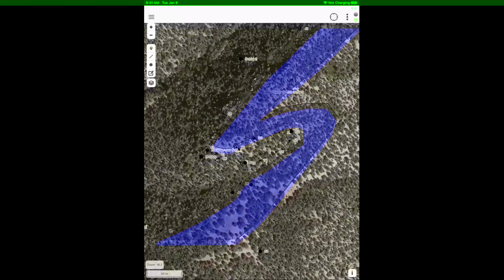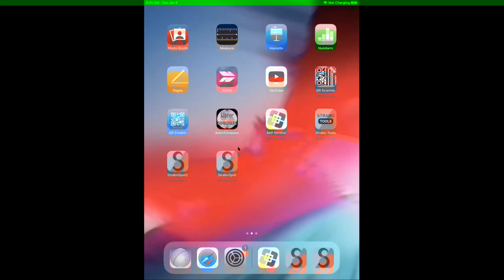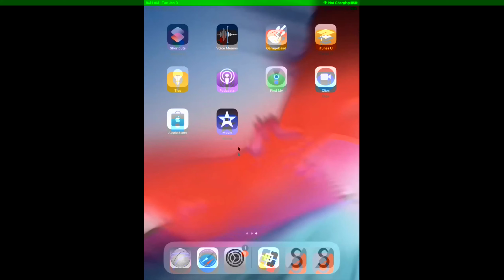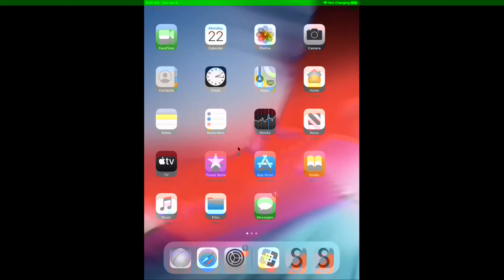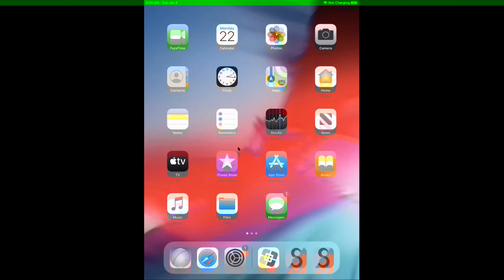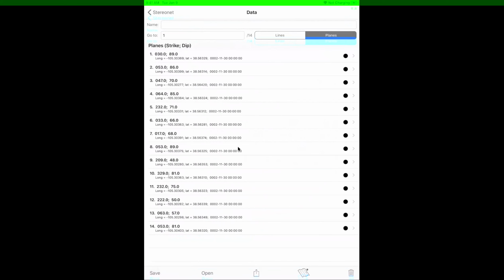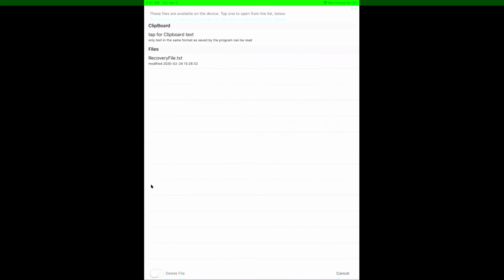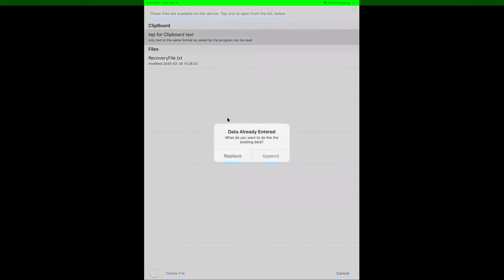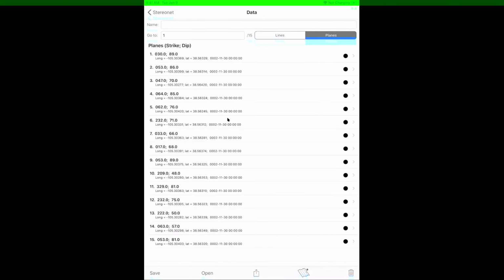I don't know who of you have used Rick Allmendinger's StereoNet program, but I'm going to go into that. Where's StereoNet? Well, it's down here, so I'll just start it up. And then I go to data. I go open down here on the bottom. And it says open a file or get it from the clipboard. I'm going to tap the clipboard, add from clipboard. I'm going to replace the data that's already there. Here's my new data. I go back to StereoNet,